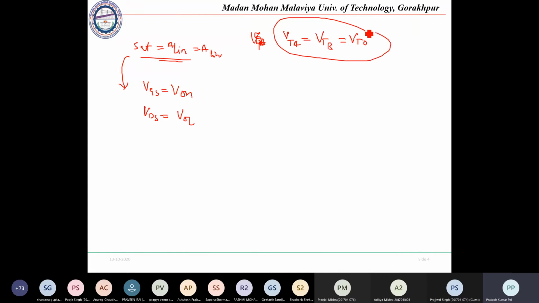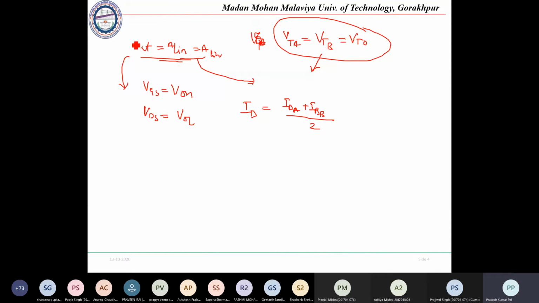For a specific analysis, we have to consider that the threshold voltages are different, and that has to be analyzed for exact analysis. But for the generalized analysis, we will not consider that. We will just see that this is the case. Once this is the case, we will be equating these two values. From there we can find that the ID value will be (ID A plus ID B) divided by 2 because both the values are same.